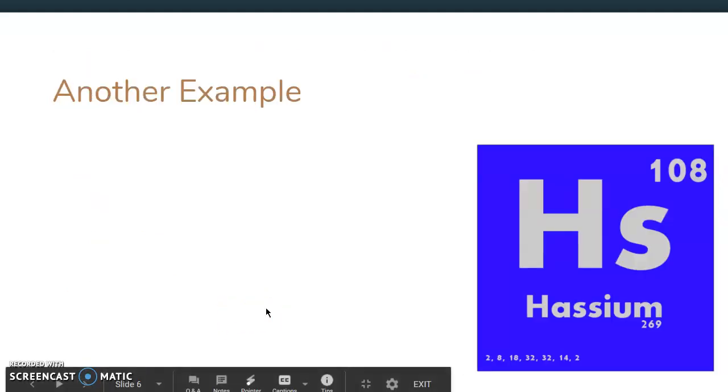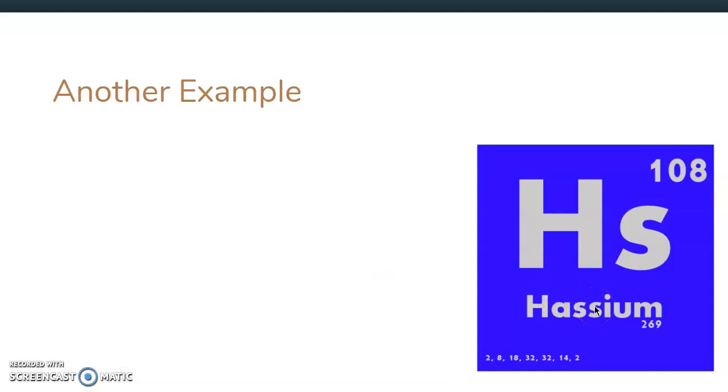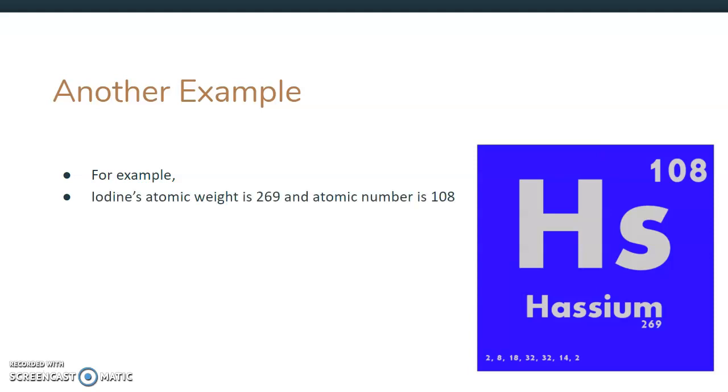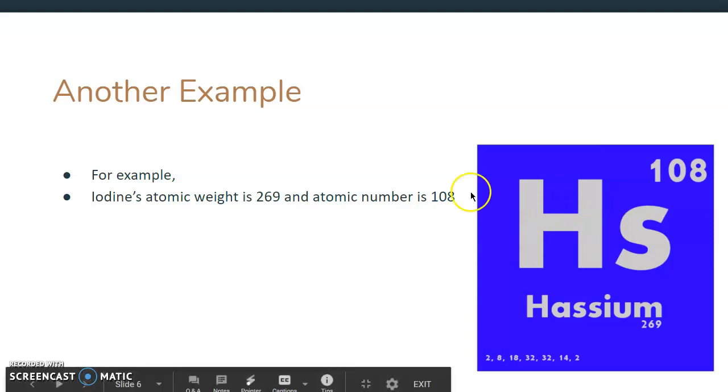We have another great example of hassium. That's also a fun word to say, so please, I encourage you to pause the video and think about how you would answer the number of protons, neutrons, and electrons before continuing. But as we're looking through this, this should say hassium, not iodine, but hassium has an atomic weight of